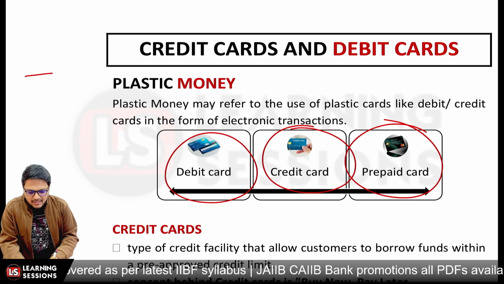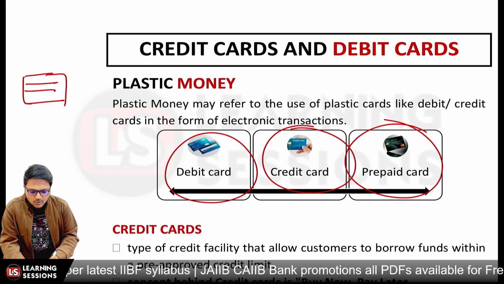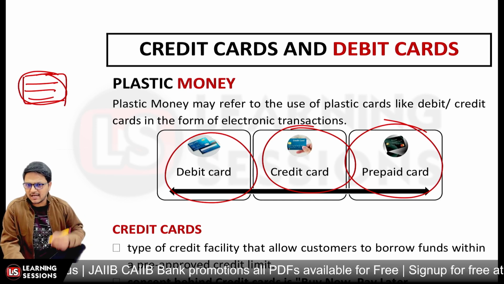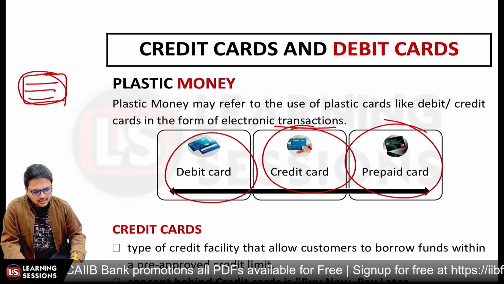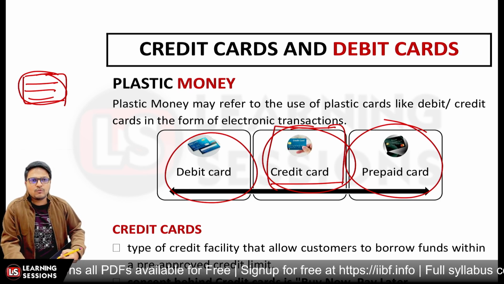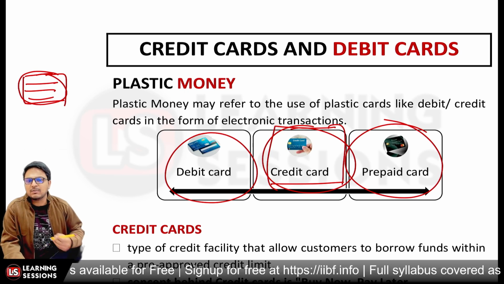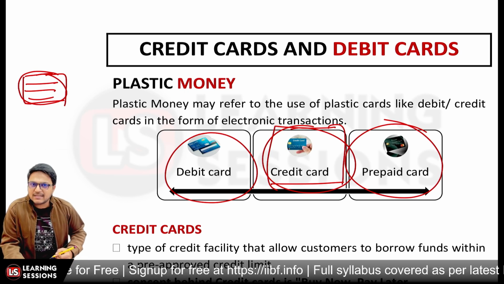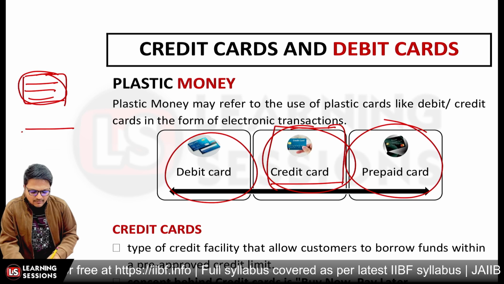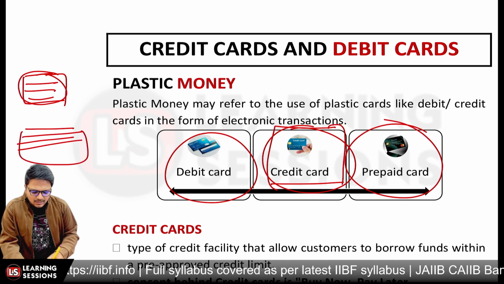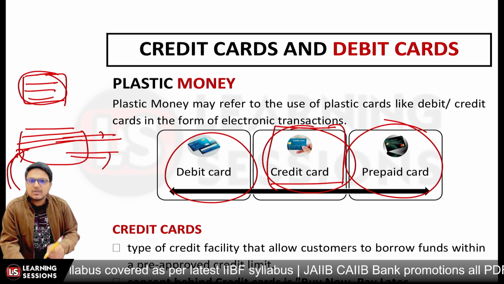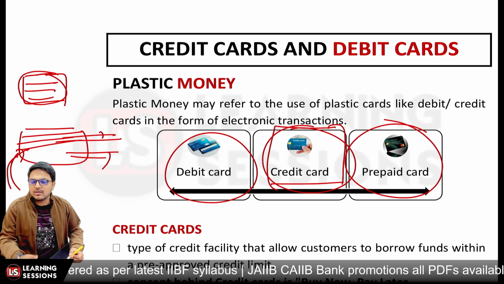Only the balance in your account is what you can utilize for online payment purposes and for withdrawal of cash. And credit card means what? You will be getting a credit limit, a loan limit, which you can utilize for the purpose of payments, right? That's a credit card. And in the case of a prepaid card, we are talking about a disposable card, where you can load money into it and further use it for different purposes, right? So that's in general about all these three cards.